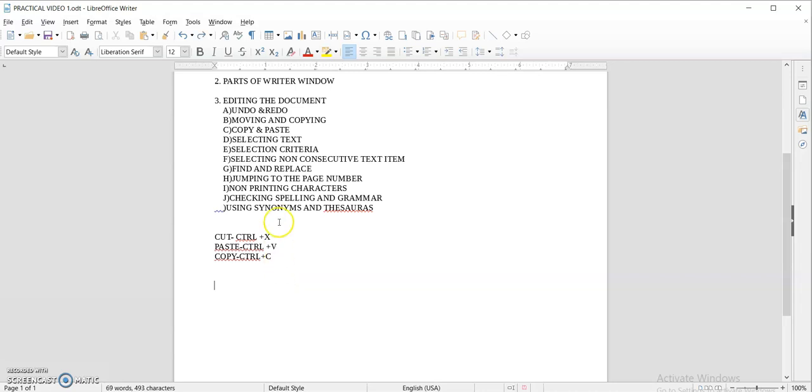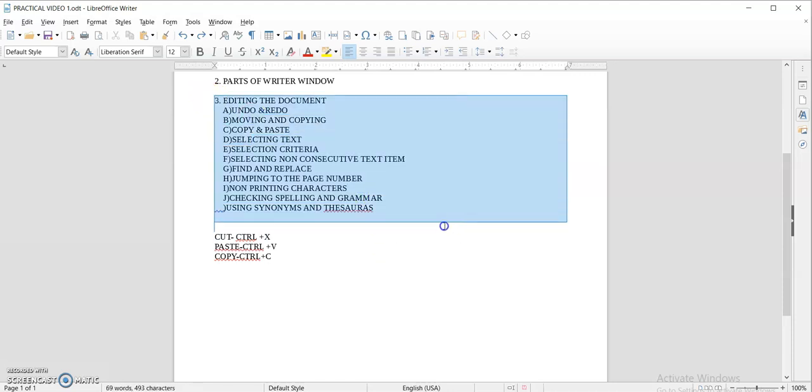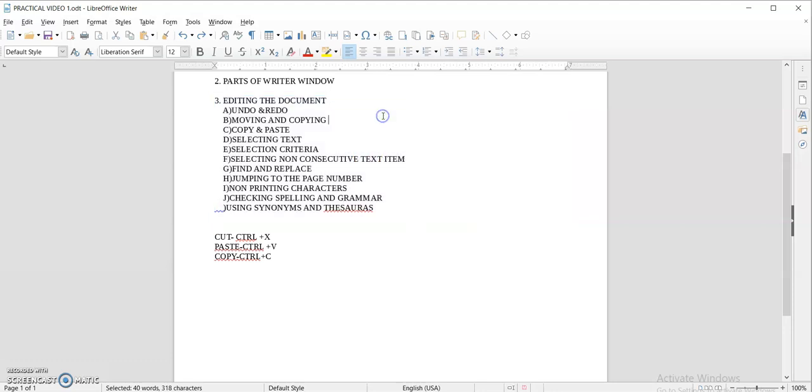The next is selecting text. You can select the text using the mouse button. Press it for a long time, and if you want to select the full paragraph, you can simply press it for the full time. Next is selecting non-consecutive text items.